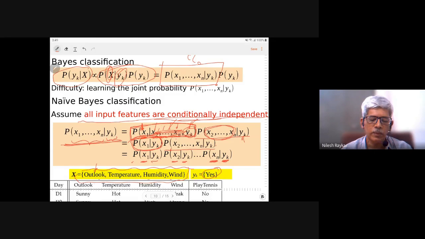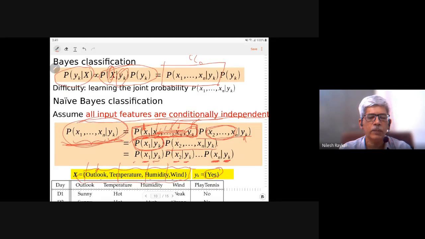So if you find out all these four probabilities and multiply them, you will get the probability of a given pattern. So your pattern could be anything. Pattern could be sunny and strong wind and so on. So for that pattern, the probability can be calculated by multiplying individual probabilities of single features. Like we did at the beginning of this lecture, we calculated what is the probability of day being sunny when you are playing tennis. So that you could calculate even before understanding what is the Bayes theorem.